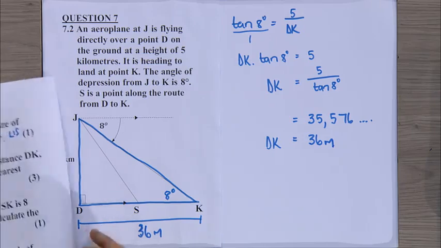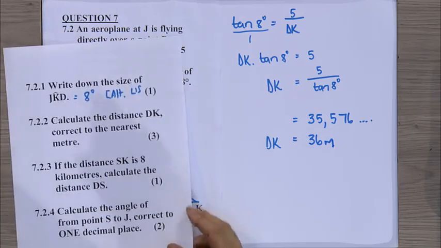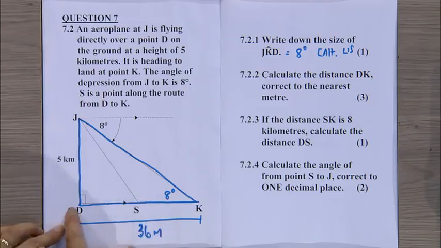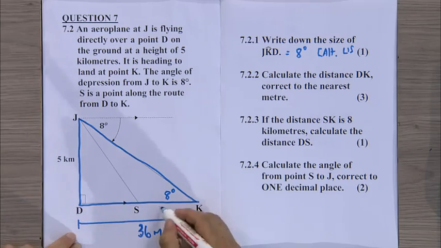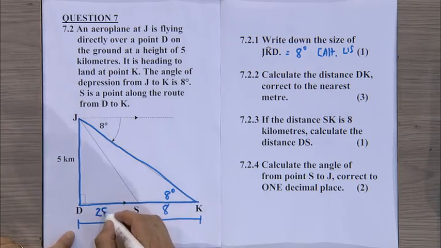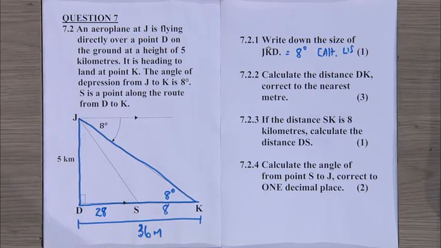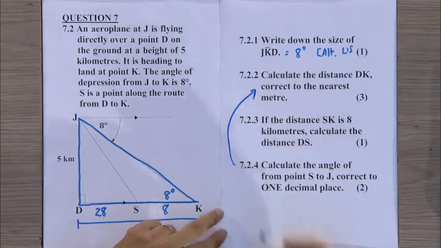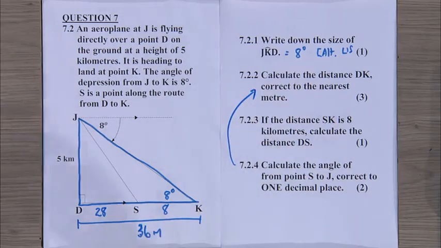Okay, learners, it's just a pity the other two sums, you were able to do. If I just say, if SK is 8, what is DS? You're going to say, sir, this is not so bad. That is 36, that is 8. This is a combination of DS and SK. So we know that will be 28. And in the last sum, we'll work something similar to that.